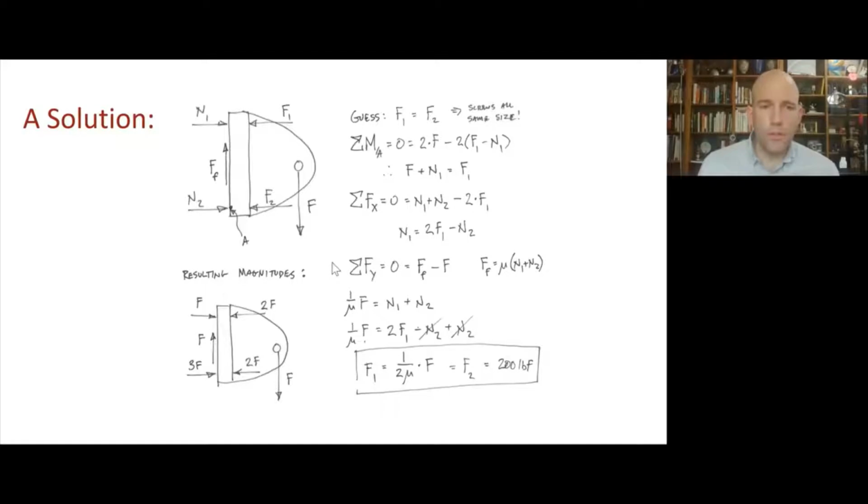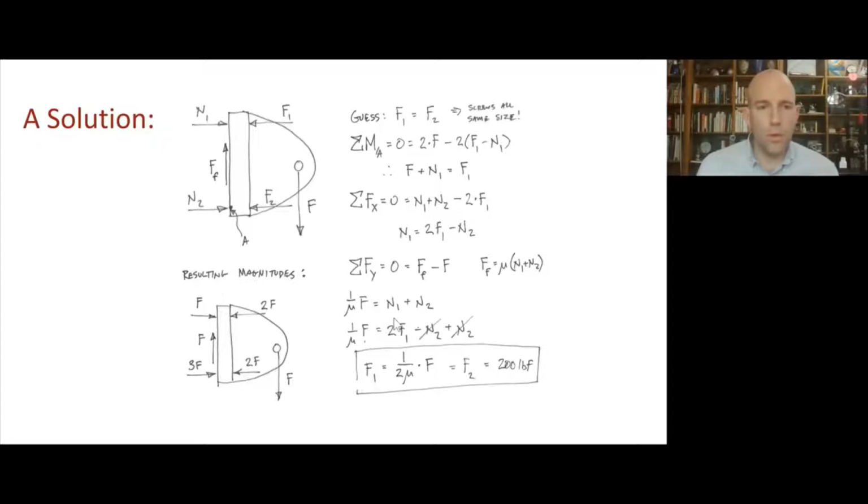Then we can do the sum of the forces in the y direction, and there it's pretty simple. We've got the friction force minus that applied load force F. And we know from our Coulomb friction model that the friction force should be mu times the normal force, and the normal force in this case will be the sum of the 2 contributions, N1 and N2. And you could think about it as saying, oh, there's a friction force here and a friction force there, and consider them separately, but you'll get the same exact answer. So if we take that friction force, substitute in here, and then